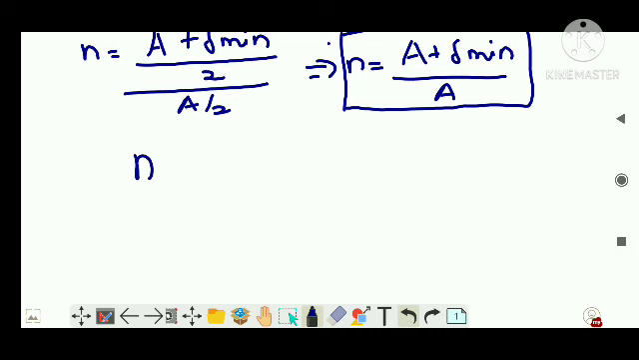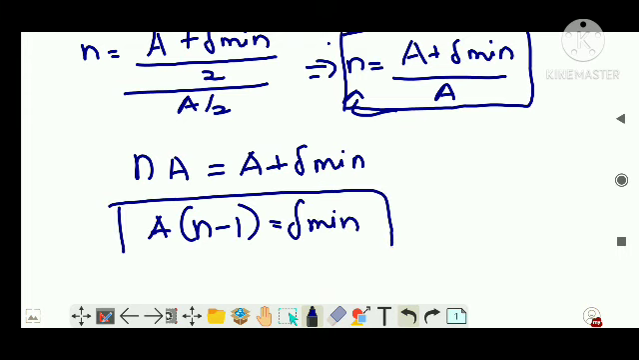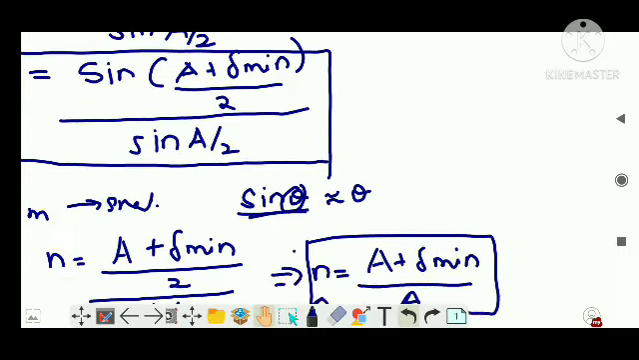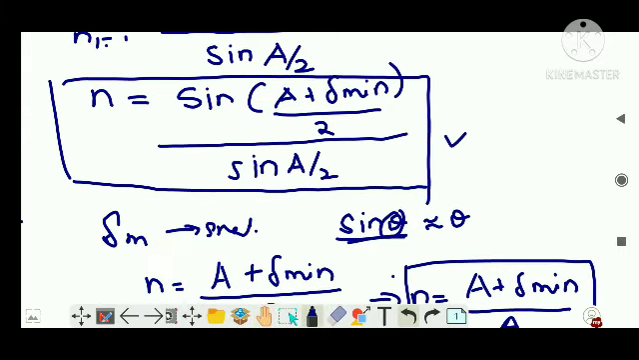Now this A can be brought here. Then nA is equal to A plus delta min, minimum deviation. Or I can take A common outside, then it becomes n minus 1 is equal to minimum deviation. So this is the equation relating minimum deviation and refractive index for a small prism, whereas this large equation is the equation which relates refractive index and the minimum deviation in the case of